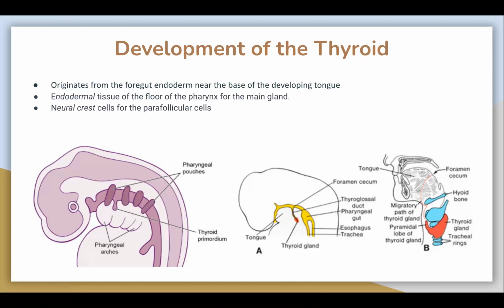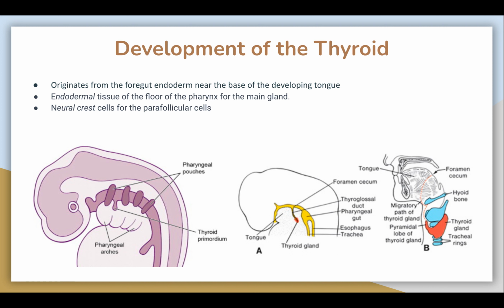The development of the thyroid embryologically is quite complex. It originates from the foregut endoderm near the base of the developing tongue. That's why you have your foramen cecum towards the posterior aspect of the tongue, which is a depression where the thyroid once was during embryonic life. The endodermal tissue